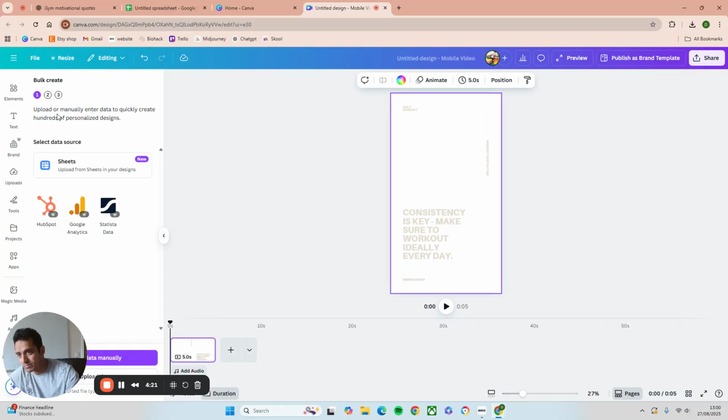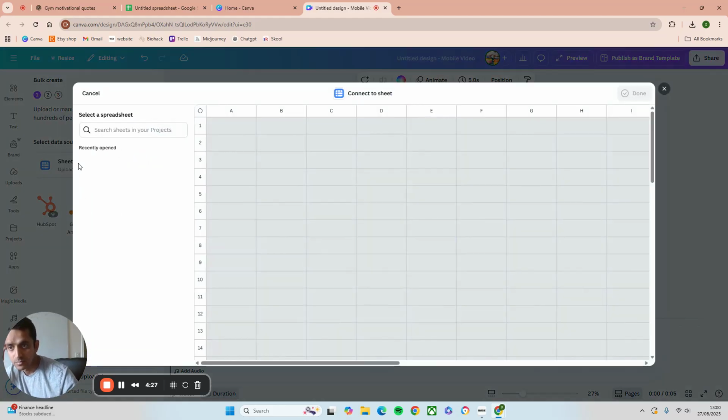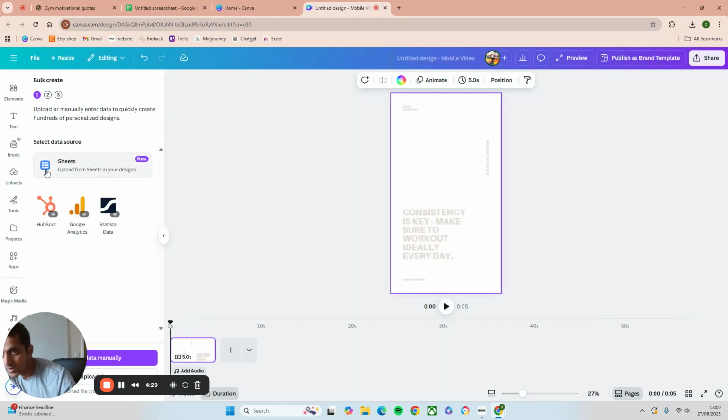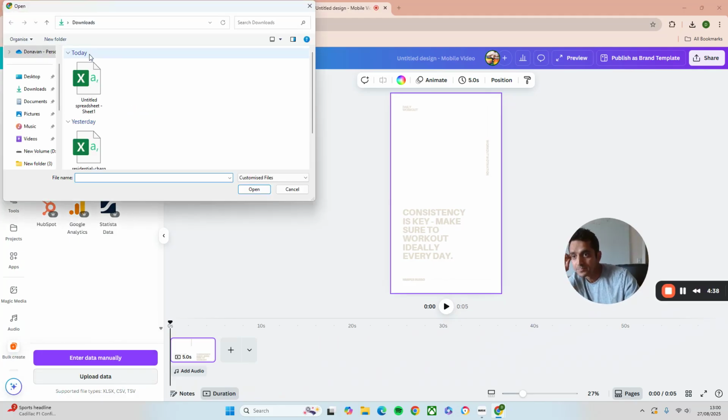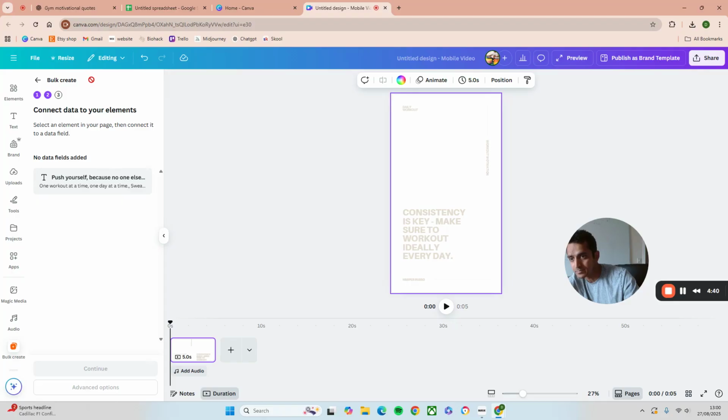Now let's upload this manually. Upload from Google Sheets in your designs. Let's download right. So at the bottom it says upload data. There we go, there's my CSV. Now we want to